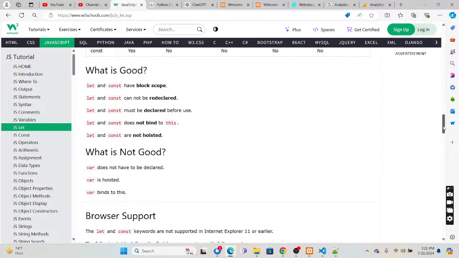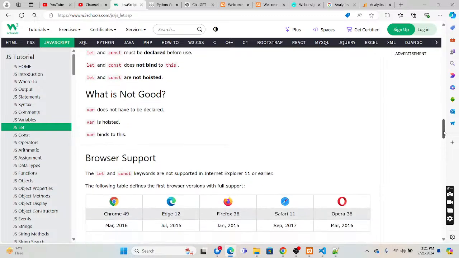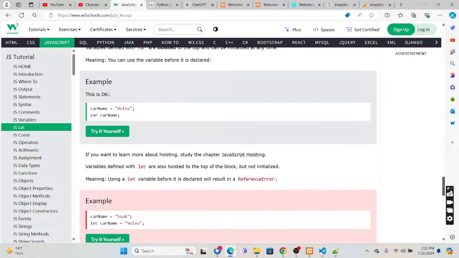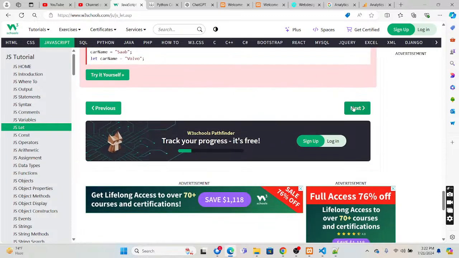Let and const have block scope, cannot be redeclared, and must be declared before use. Let and const do not bind to this, and are not hoisted. Var does not have to be declared first. So redeclaring we have discussed.